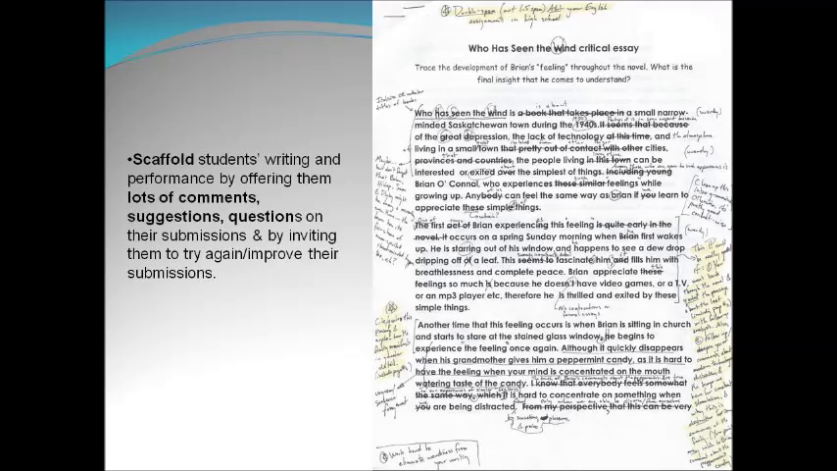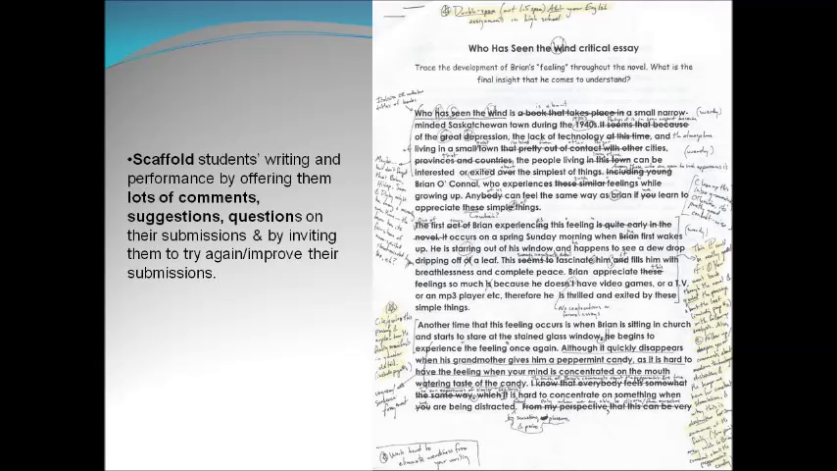Provide scaffolding for student writing and performance by offering them lots of comments, suggestions, and questions on their submissions. Now, I used to write an awful lot on students' papers. I'd write in the margins. I'd offer little suggestions about grammar and syntax and spelling and commas and punctuation and all that sort of thing as well. I think that you can decide for yourself what's overkill and what's not. But generally,